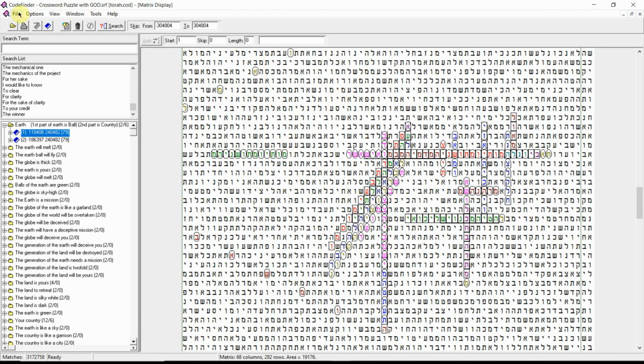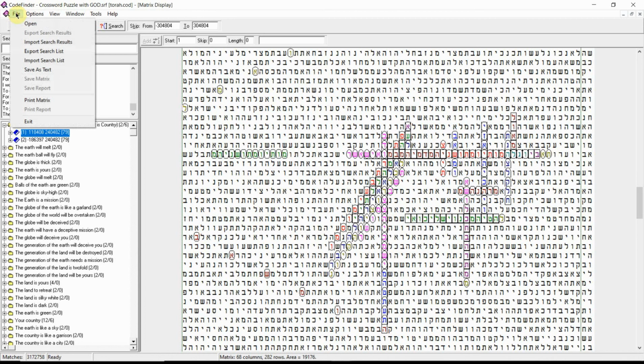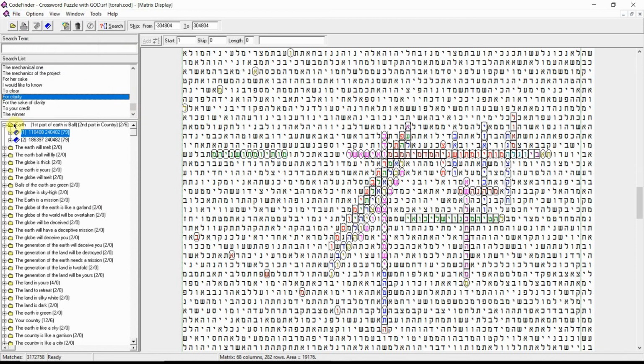But that all being said, now I'm going to show you what I was going to show you last time. Up here, if I go here, you can see that this is the save button. So when you save something, you export your search results. And this one's grayed out. I can't save anything. And the reason for that is because right here, the winner, which is written in here, I haven't done anything with. I haven't searched it. So I need to hit the search button. It runs its cycle.